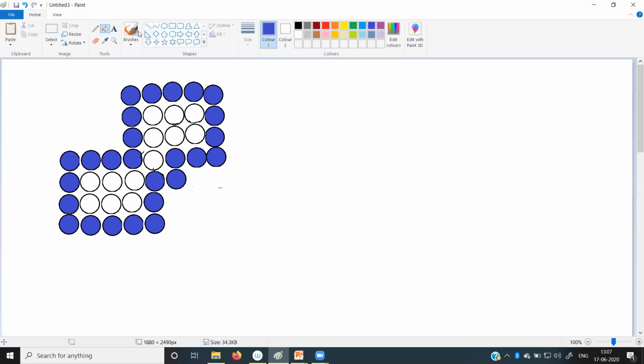So we are discussing the flood fill algorithm. This flood fill algorithm again is of two types. One is 4-connected.